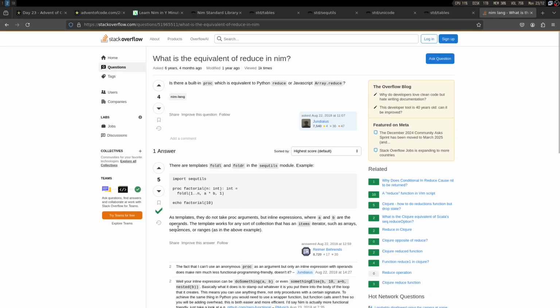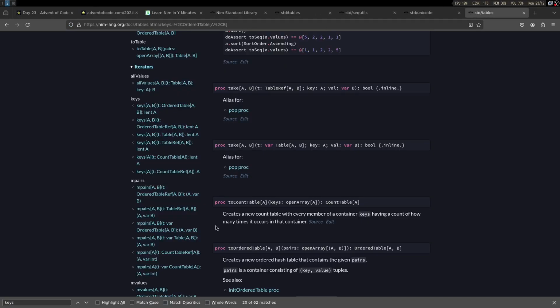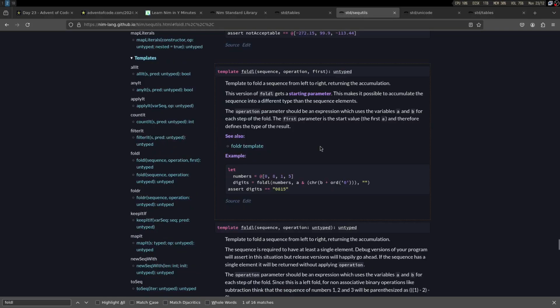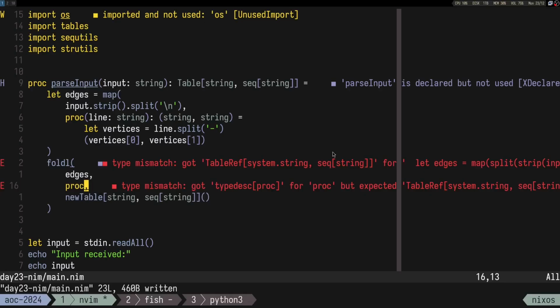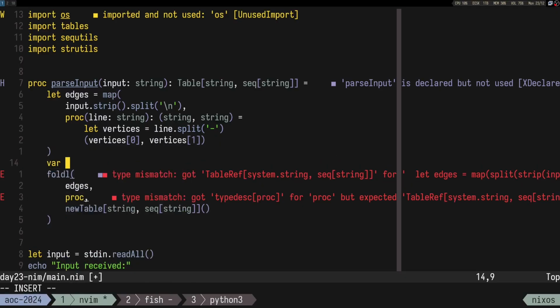Where a and b are the operands, but which one is the accumulator? I mean, honestly, no, let's not use fold left. I thought that it's gonna be like, so anyway,